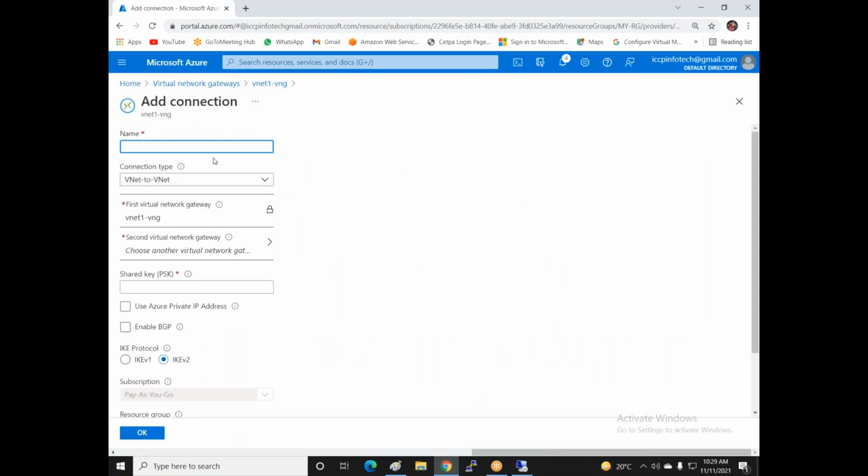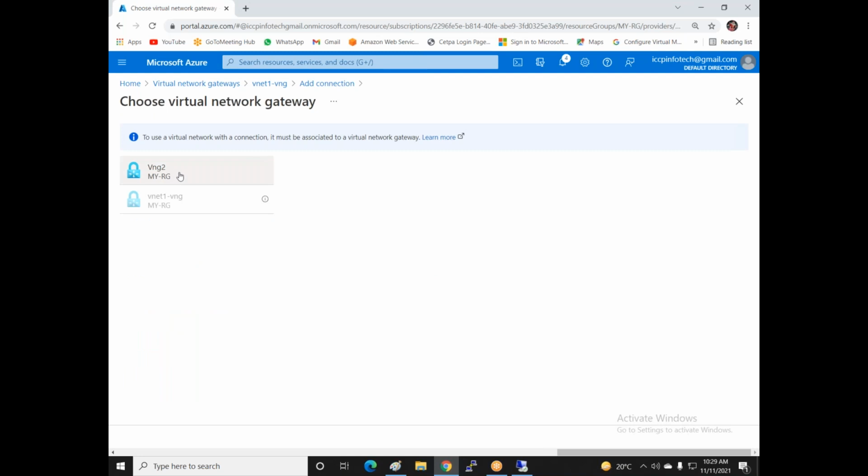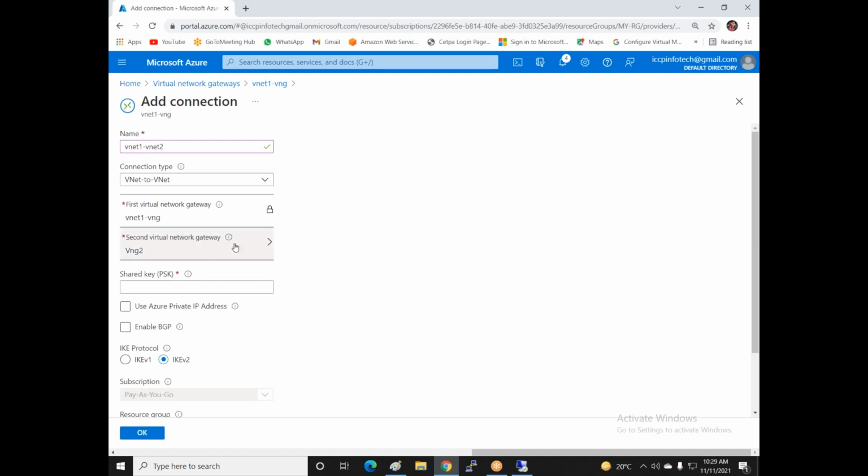And now I add a connection named vnet1 hyphen vnet2. VNet 1 is already selected, you can select the other gateway. You can see it shows the other gateway, vng2, because vnet1 is already in use, so it's hidden, and you can select vng2.